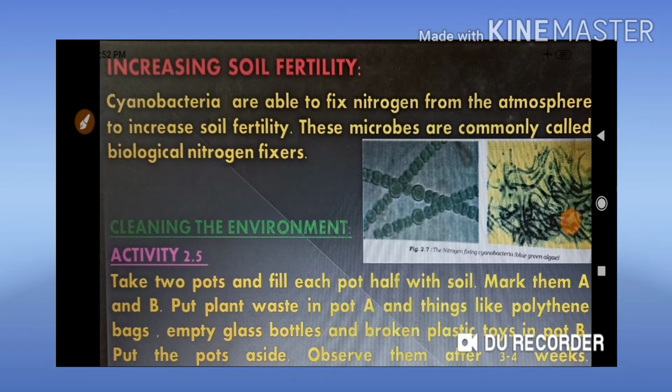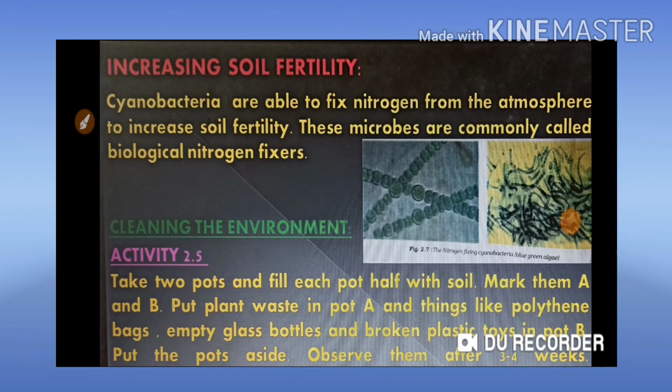The plant will give shelter to the cyanobacteria on its roots, and in return the cyanobacteria will convert the nitrogen to ammonia, ammonia to nitrite, and nitrite to nitrate. Those will be converted by these cyanobacteria. Then those converted nitrates will be mixed with the water, and the soil will be absorbed by the vessels of the roots. Then afterwards they will be transported towards all parts of the plant body.